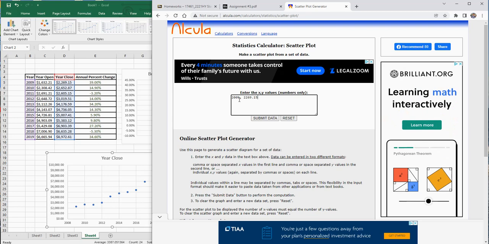2269.15. And then you hit enter. 2010, comma. Year close that year was 2652.87. You can't put the comma from Excel in here. 2011, comma, 2605.15, and so on. You're going to keep going, okay? Keep going. I know it's a little bit of a pain to do this, but 736.05,